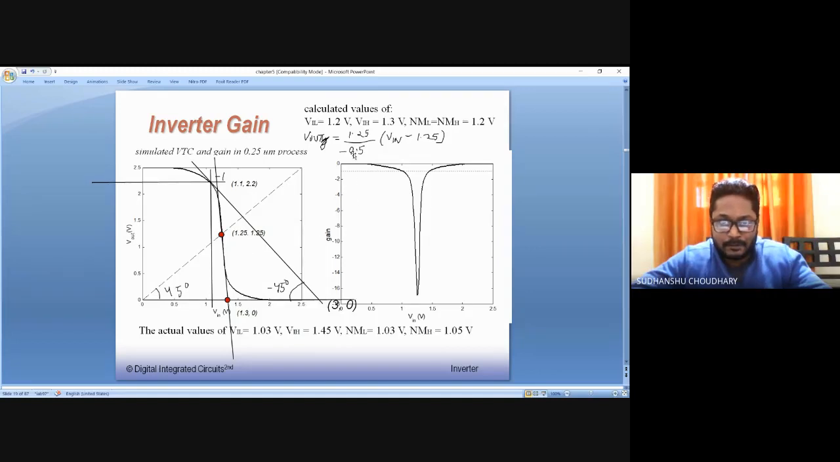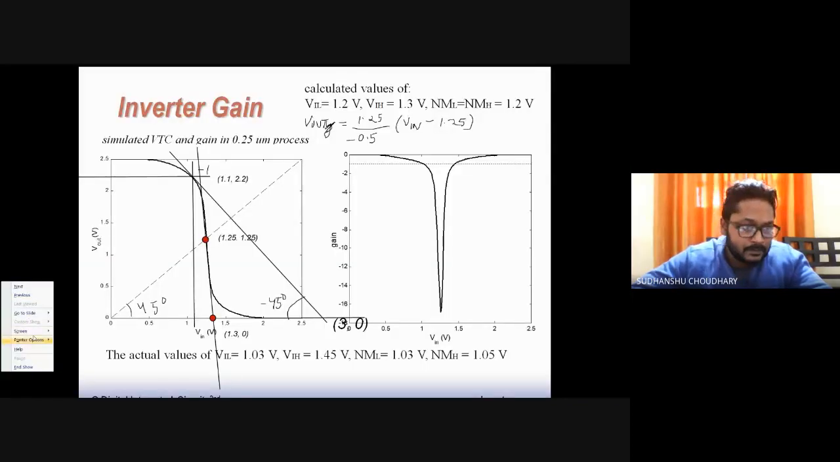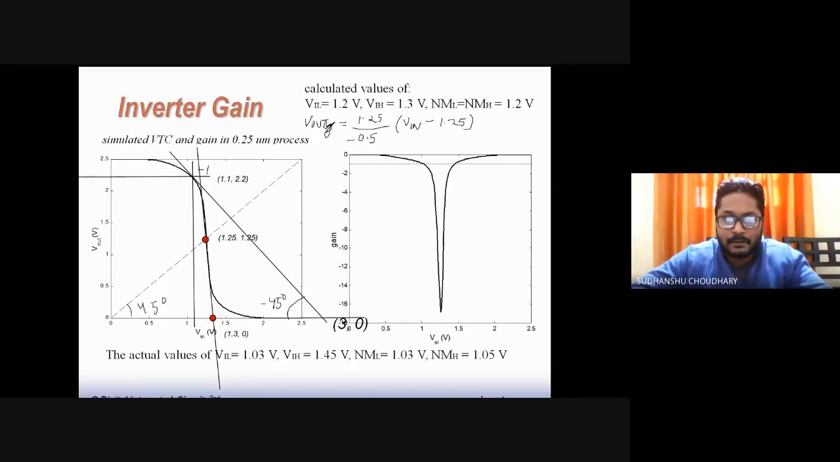x2 minus x1. So x2, y2 is minus 1.25 minus 1.3. Yeah, it's 0.05, correct. So maybe let us make changes here. It's 0.05, correct. So I'll fix it to 0.05. So this is 0.05. So now it becomes